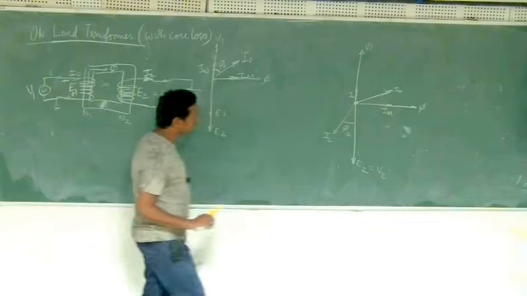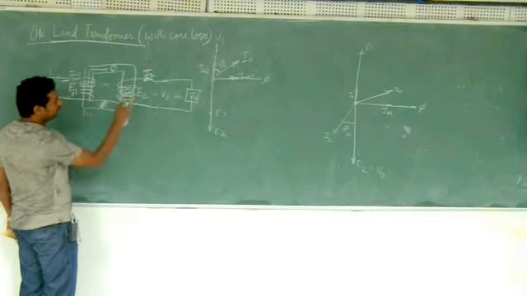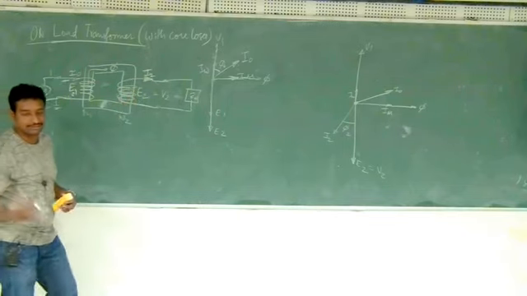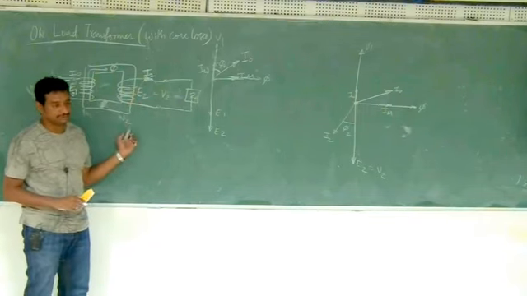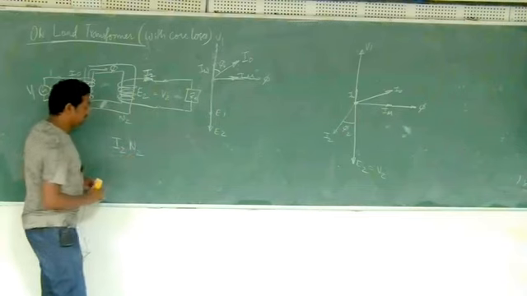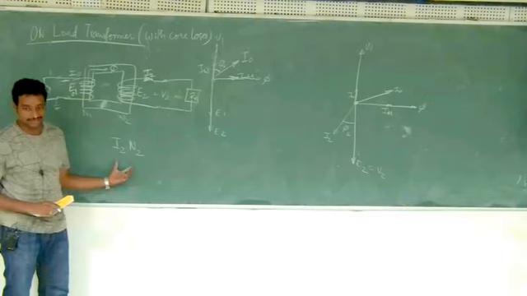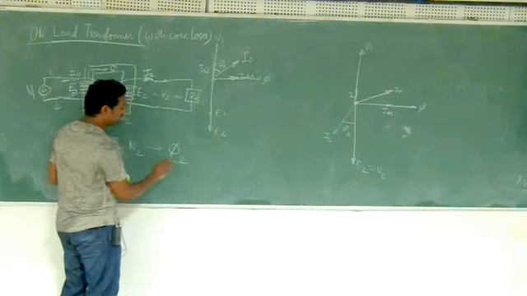Okay. So then what happens? See, I2 and N2 is nothing but ampere turns. So you know that MMF is measured in ampere turns. I2 current is flowing in N2 number of turns. So I get I2 N2 ampere turns. Okay, magnetomotive force measured in ampere turns. Because of this, I'll get flux phi 2.